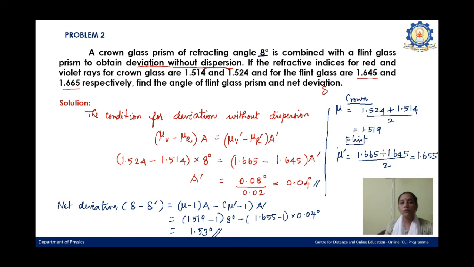This is how you have to remember. For any achromatic combination, first of all you have to use the condition and sort out whichever is given as unknown. After finding that, check what is being asked in the problem. For net deviation, write the formula, and if any information in the formula is not given, find a loophole to get the solution, substitute in the respective condition and bring out the solution. That's all. So this is about problem 2.